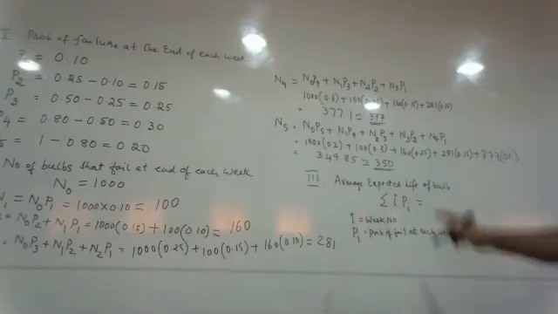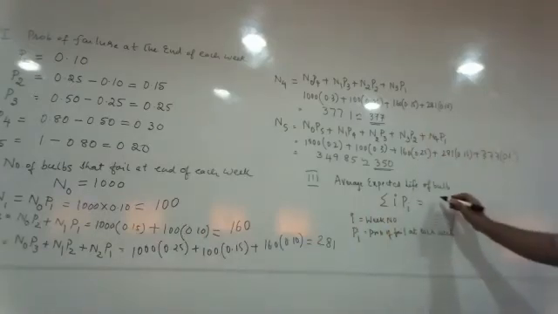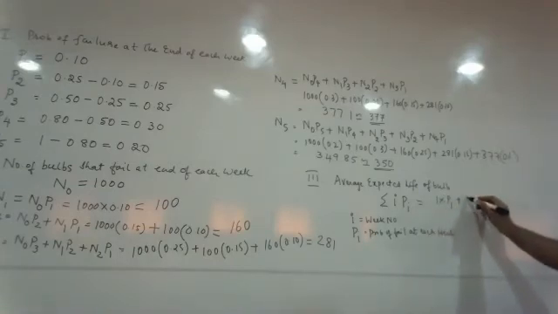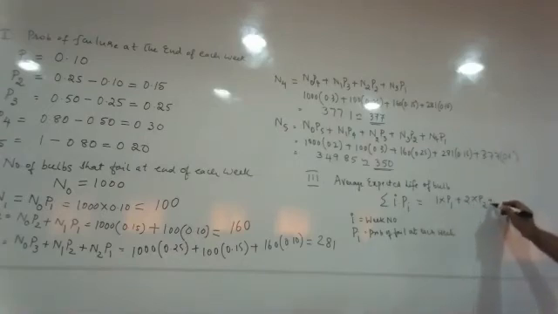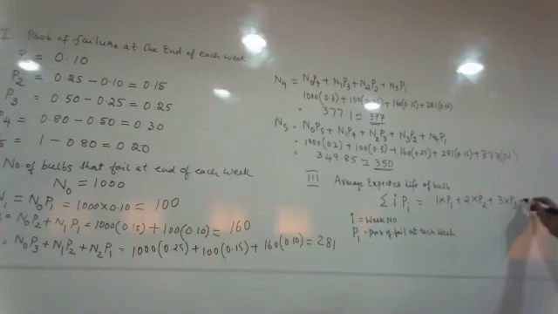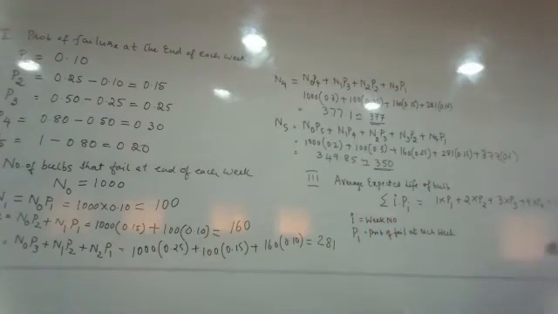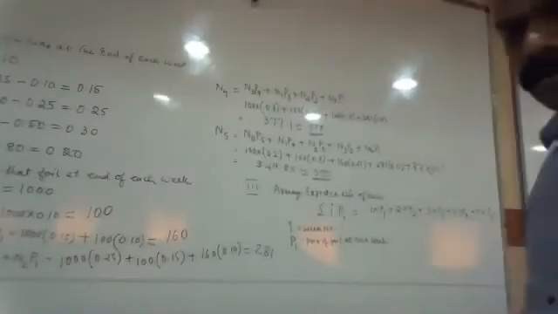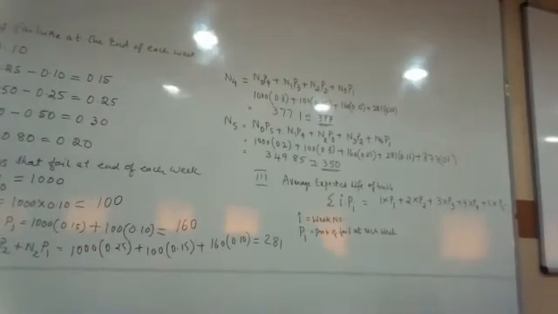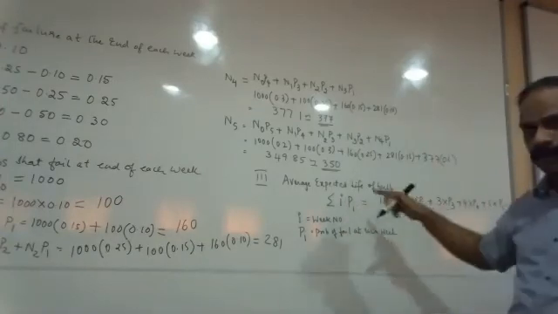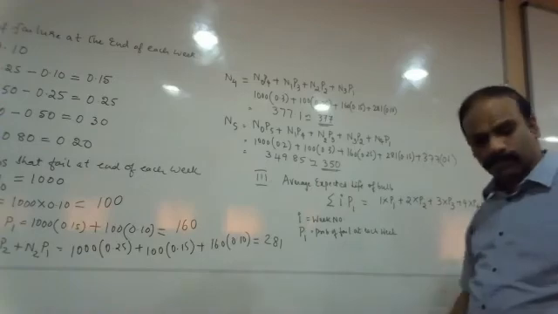Totally 5 weeks are there. So 1 into P1, the probability of failure of the first week, plus second week into P2, plus third week into P3, plus fourth week into P4, and then the fifth week into P5. This is exactly what we are supposed to calculate for all the 5 weeks. Are you able to understand this logic clearly, everyone? Yes or no? Yes. Okay, so I refers to the week number and Pi refers to the probability of each week. We have to expand this. Okay, now let me solve this problem.